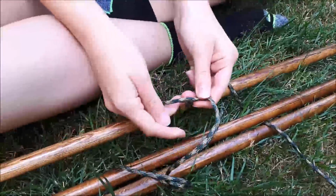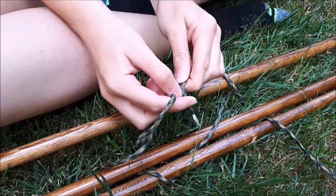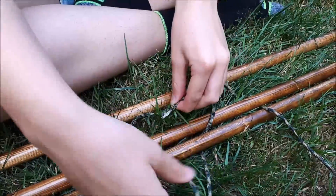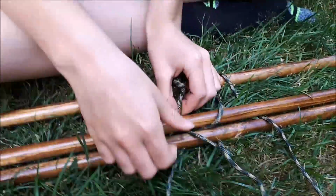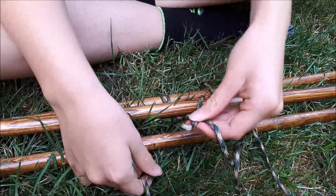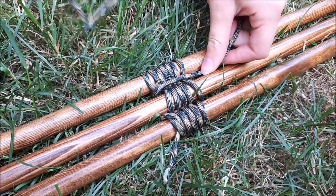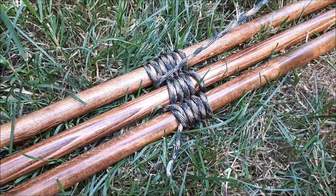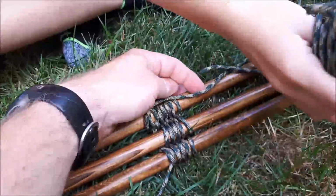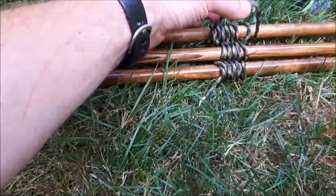Yeah, you want to twist the tail end and then work that into your over and under loops. Okay, so there you go. Over under until you get at least 4 or 5 wraps around. And now you're gonna come over here, up through under here, and then we're gonna just do wraps around